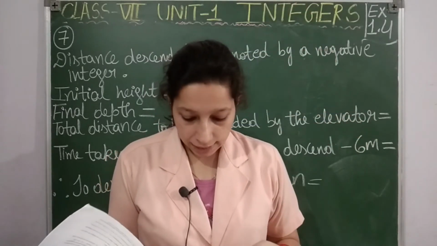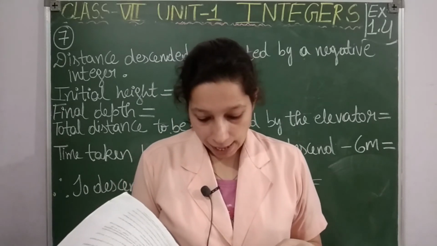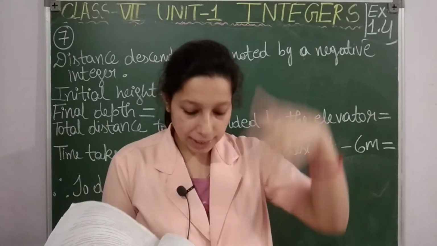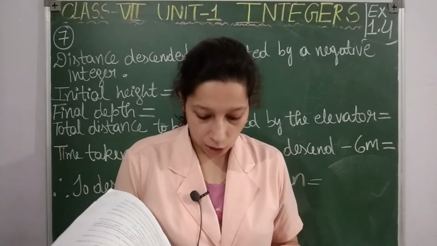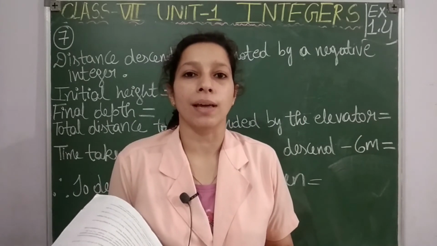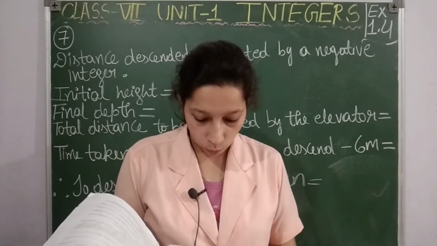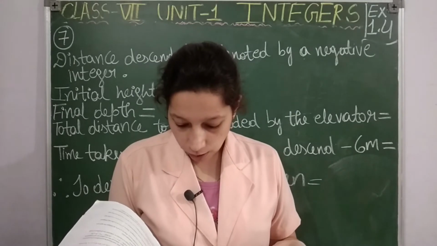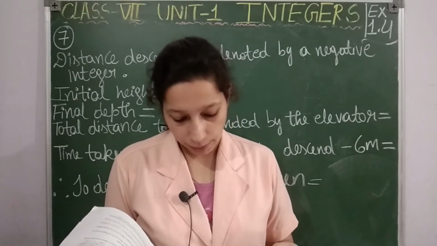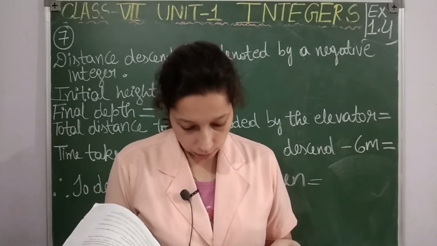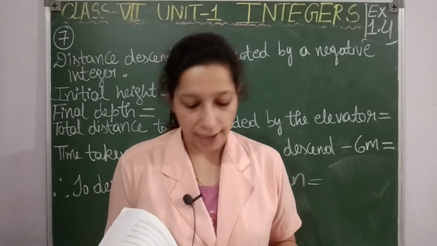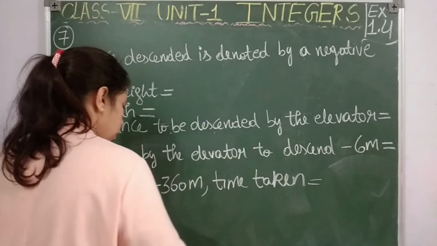Okay, then where is the elevator now? The elevator is 10 meter above the ground level, and the descent is starting from 10 meter above the ground level, and it has to reach up to -350 meter, means 350 meter below. Then in 1 minute it is descending 6 meters. So for the total descent, how much time is required, that you are going to find. Let us solve this question, students, then it will be more clear.